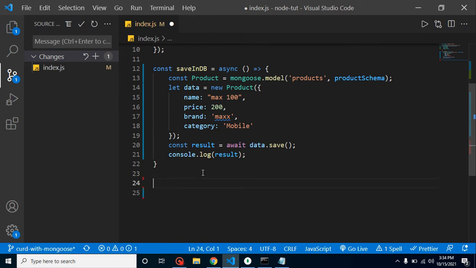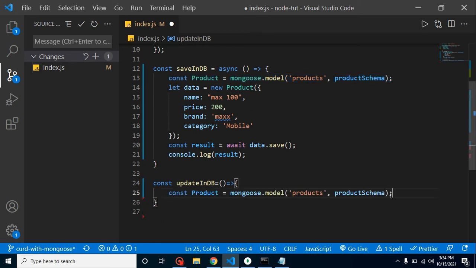So now let's take up one more function. It can be update in db, and again it will be an arrow function. To save time, I am copying the code from the above function, and this will be just creating a model.